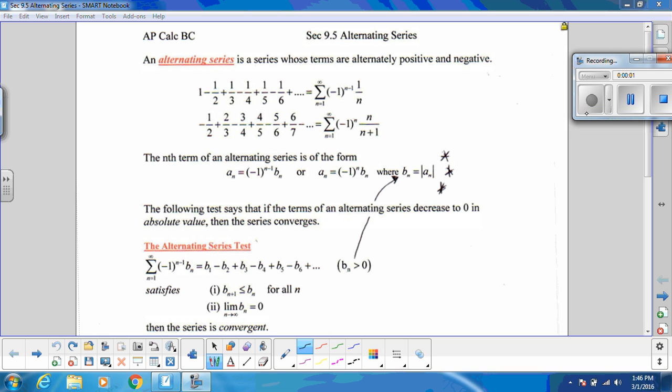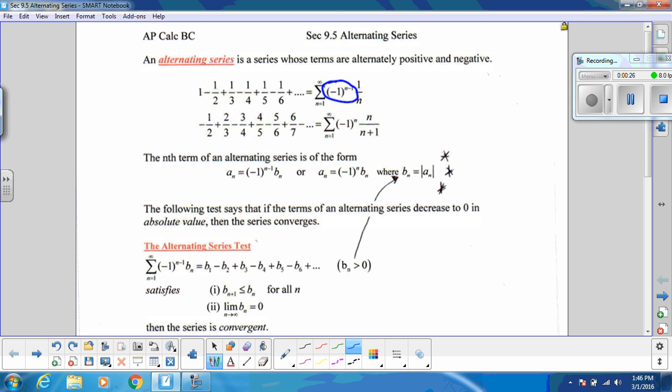Okay, we've been looking at different series and trying to determine if they diverge or converge. And in 9.5, we're going to look at strictly alternating series. What we mean by alternating series is simply the series whose terms alternate from positive, negative, positive, negative. And remember that that happens a lot when you see something like this, a negative 1